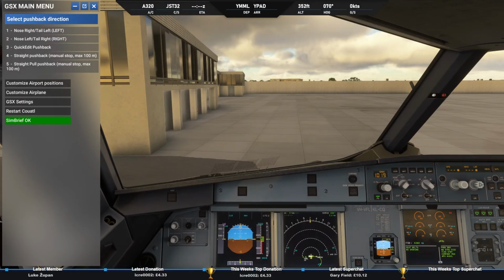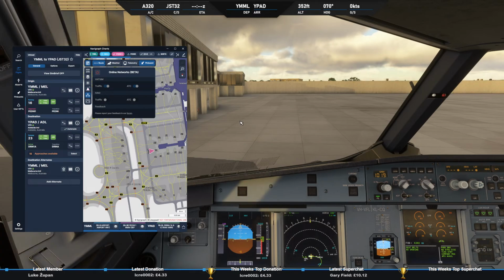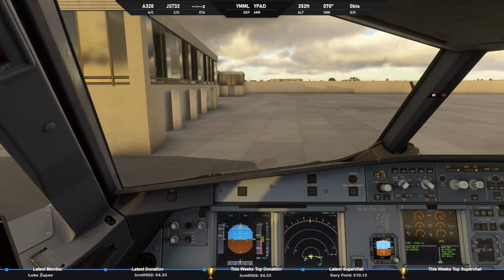Hold position, Jetstar 32. So I want nose left, tail right, correct? If I want to face north, another aircraft is currently holding on Alpha. So I want nose left. And holding point Charlie. Roger, taxi via uniform Victor to...